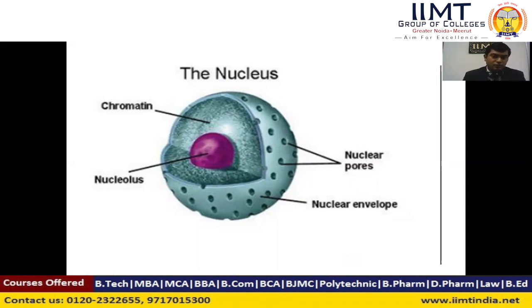Apart from that, if we look at this diagram, the nucleus itself also possesses other spherical shaped structures which are not membrane bound. These spherical shaped structures are known as the nucleolus, and there may be one or more nucleoli present in the nucleus. Nucleolus is the singular term and nucleoli is the plural. It is fluidal in nature. That is the main difference between the nucleus and nucleoli.